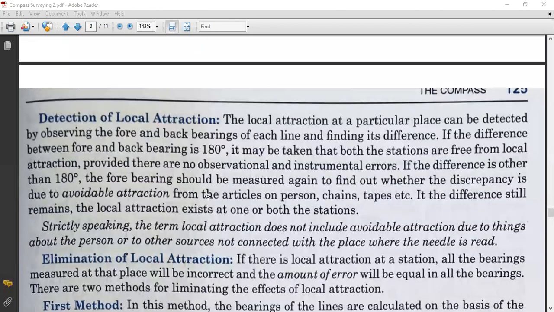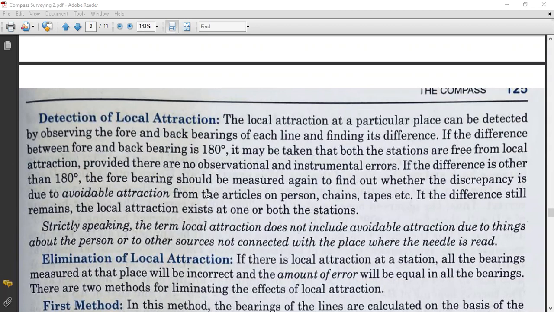As we all know, we have studied forebearing and back bearing of a line. The difference between forebearing and back bearing of a line is always 180 degrees, correct? So back bearing of any line is nothing but forebearing plus or minus 180 degrees. Why plus or minus? If the forebearing of the line is greater than 180 degrees, deduct 180 from it. If it is lesser than 180, add 180 to it, right? Since we are moving in clockwise direction, the back bearing of the line will be plus 180 or minus 180 to the forebearing of the line, correct?